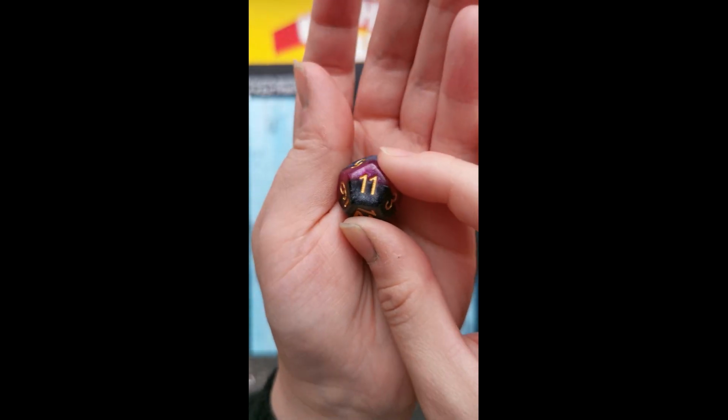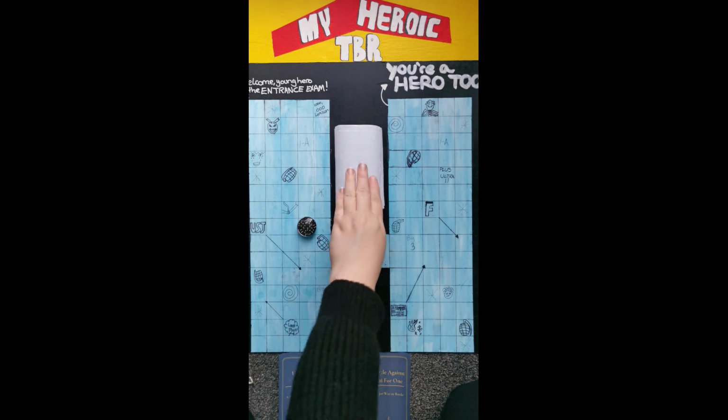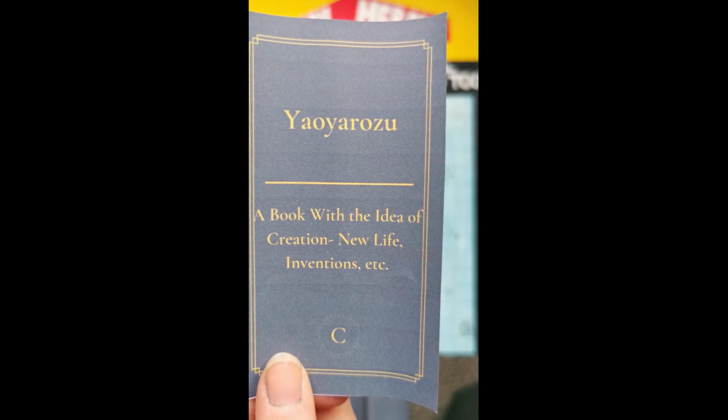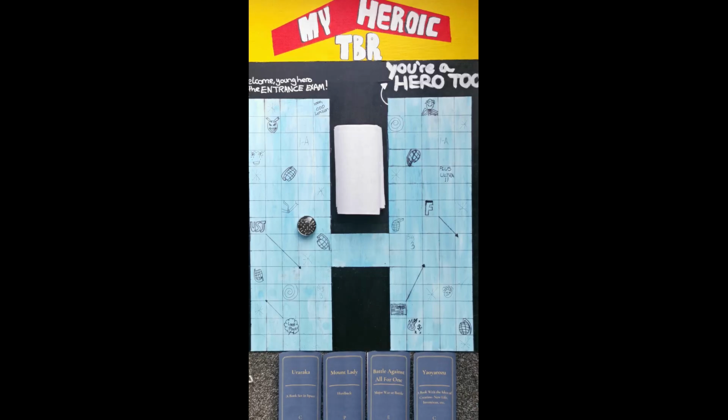Ooh, we have an 11 as our final number, which means we will be finishing January on a blank, and we're about halfway through the first column, so going by that should be about 4-ish months before we get to our first proper reward. And we have Yayorozu with a book with the idea of creation, so new life, inventions, etc. Every month, as I said, I am allowed to choose 1 prompt per month to redraw. For this one, I am going to go with a book with the idea of creation, so new life, inventions, etc. I'm going to discard that one and redraw